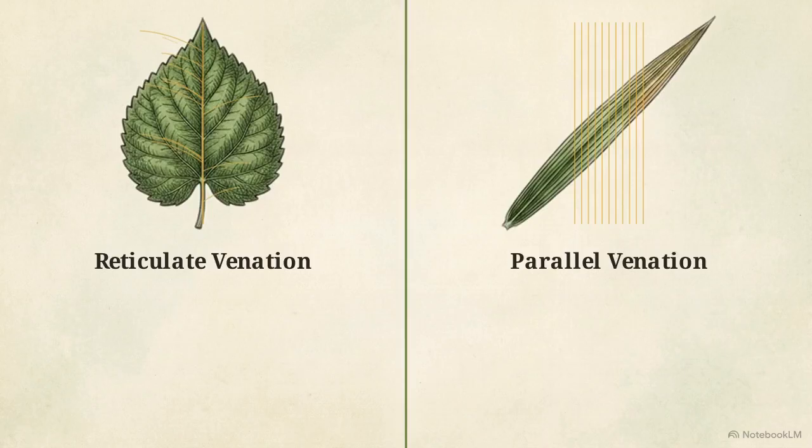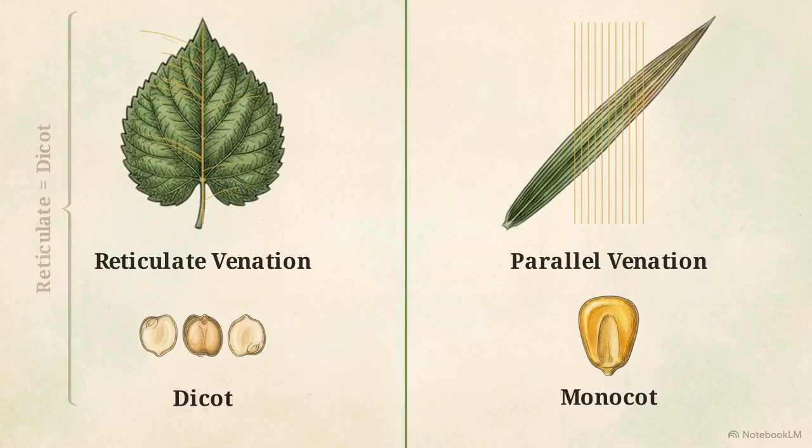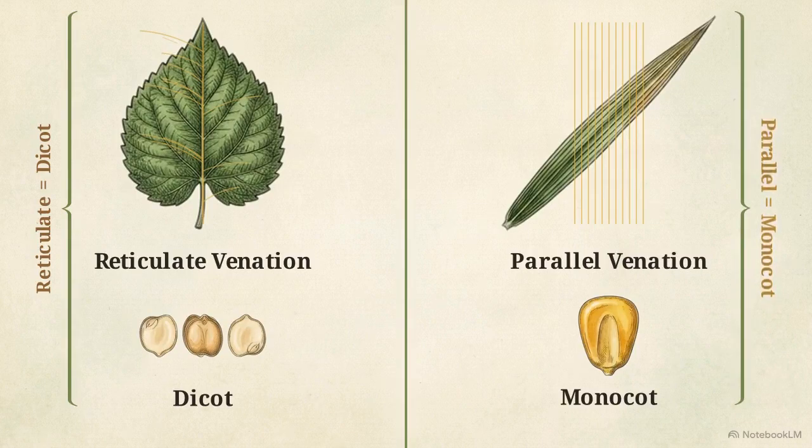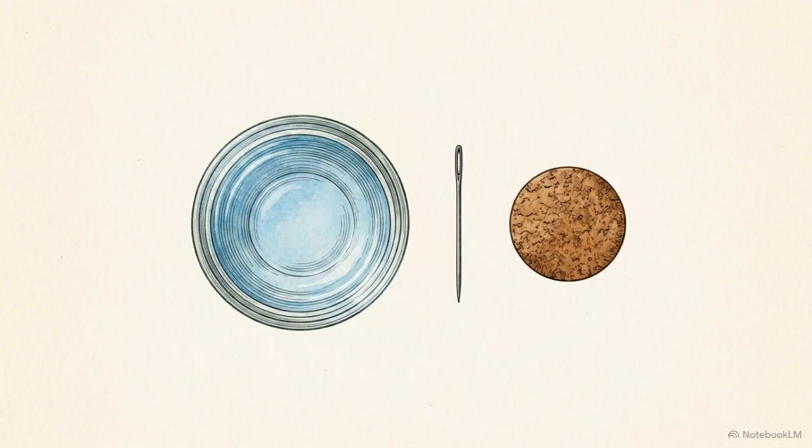A gram seed splits into two equal halves, known as a dicot. A maize seed remains a single solid piece, known as a monocot. There is a consistent link between these two features. Plants with reticulate leaves have dicot seeds. Plants with parallel leaves have monocot seeds. By observing the surface of the leaf, you can accurately predict the structure of the seed without ever digging up the plant. We can apply this same observational logic to physics by building a directional compass using a simple iron